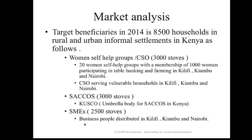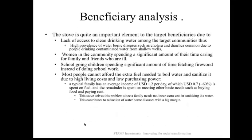We also have some business people who have taken a keen interest. So we have projected to sell 2,500 stoves between April now and December of 2014. Next slide on the beneficiary